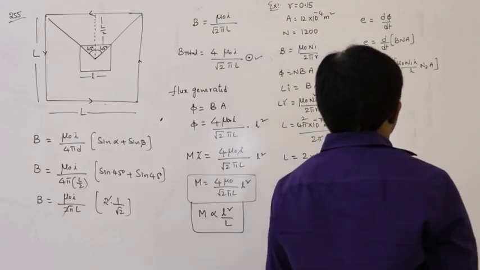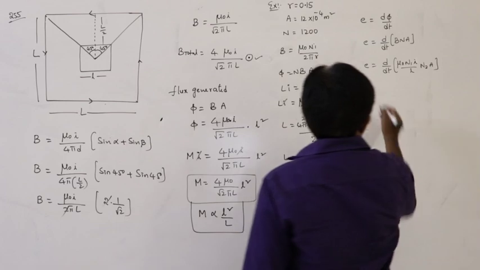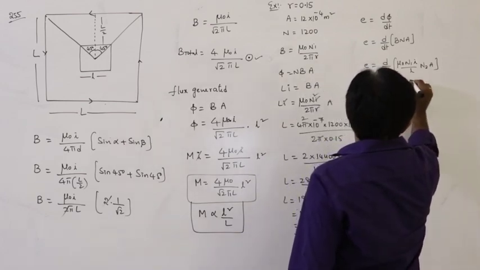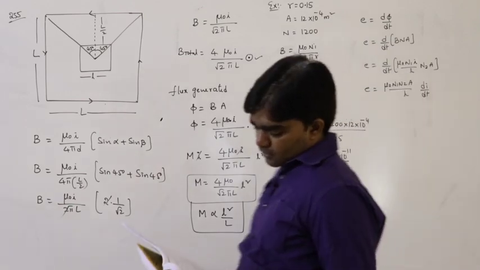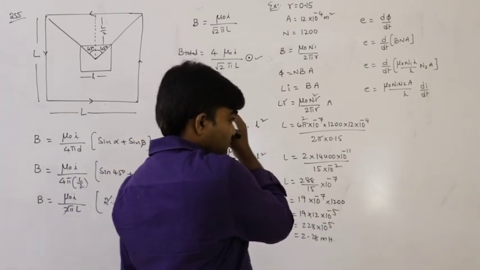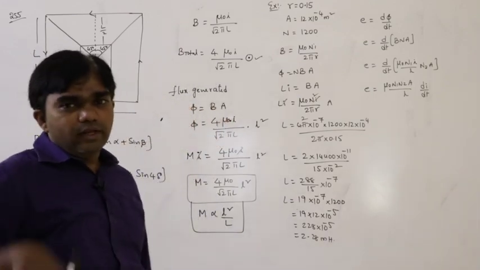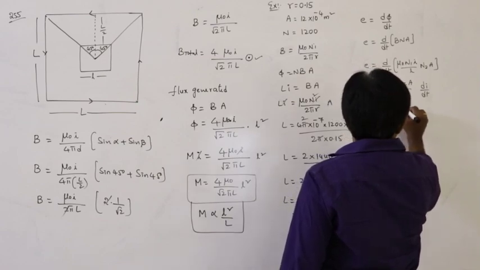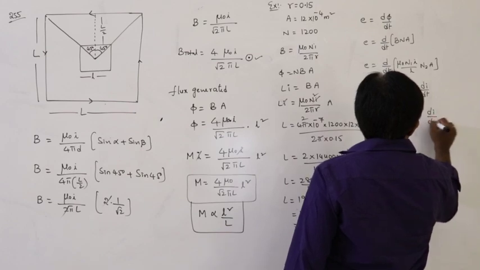So that is the situation. Magnetic field due to the solenoid is mu naught N1 I by L. So B is equal to mu naught N1 N2 A by L into di by dt. So that is the formula. Mu naught N1 N2 A by 2L. L is nothing but 2 pi r, the length of the toroid here. So E is equal to mu naught N1 N2 A by 2 pi r into di by dt.